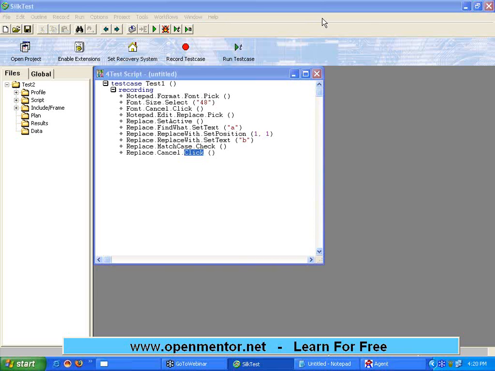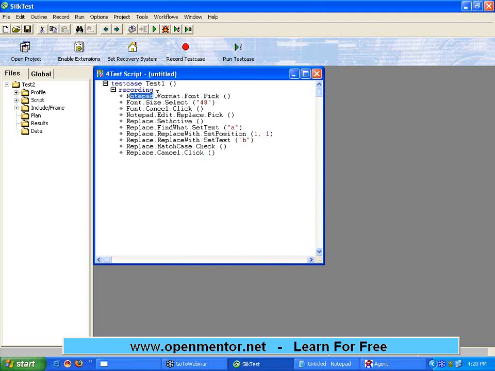The whole way a SilkTest script works is window.object.action. This you will see in almost every testing tool like QTP, QA Run, Test Complete, including Rational.